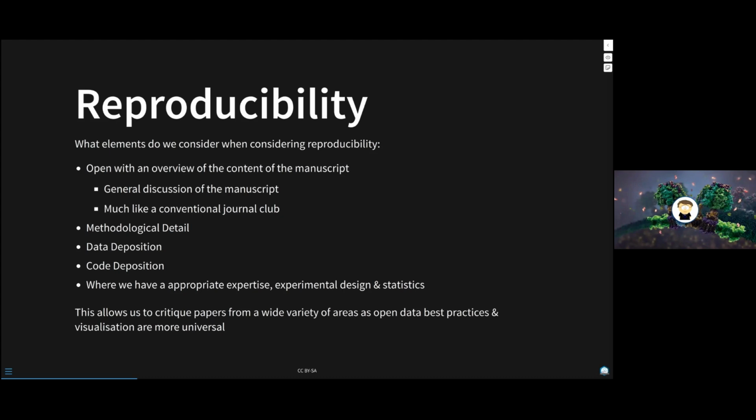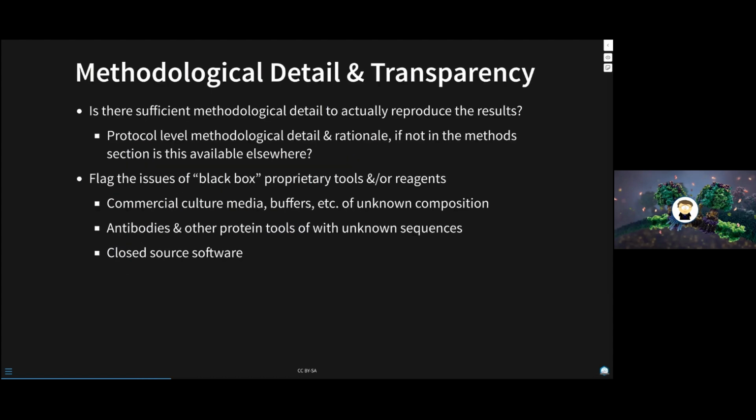We'll talk about the experimental design and statistics of a paper. And this allows us to tackle a pretty wide variety of papers, because we're doing a relatively general critique. And a few other points on the